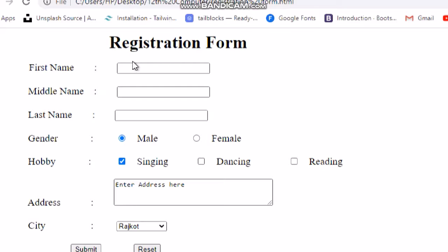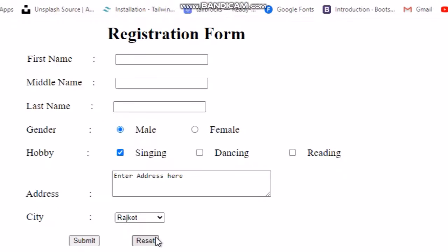Now, when the user enters data in the form, he might leave some of the important fields empty or may enter the data in a wrong format or may enter text, that is alphabets, in the numeric data field. In such cases, there must be some type of validation checks. This validation will restrict users from making mistakes. When the user enters wrong data or leaves a field empty, an error message should be generated and the form